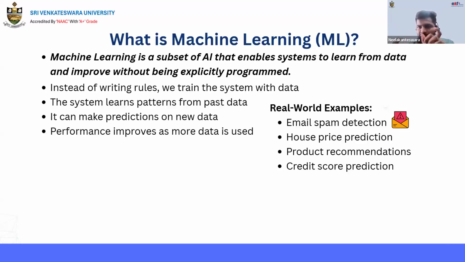What is the input here? The mail body, not the mail ID, and we are giving the output, that is whether it is spam or not spam. Here we are giving both input and output, and by recognizing the relationship between the input and output, it recognizes the patterns and features of all those things. According to that, it can make predictions on a new mail, whether it is probably a spam mail or not a spam mail. And we can use it for house price predictions.